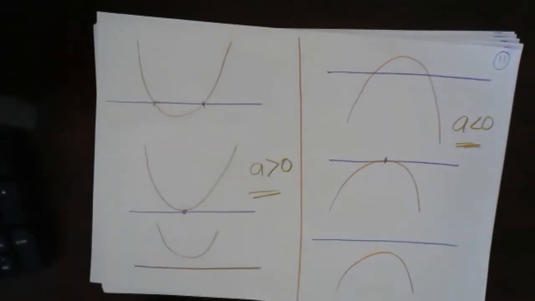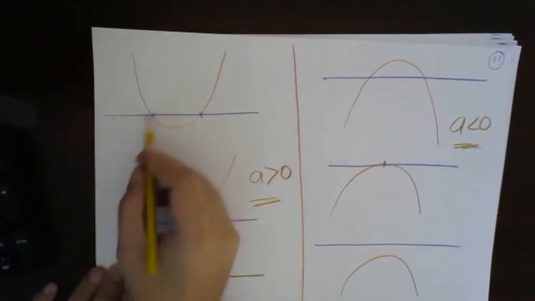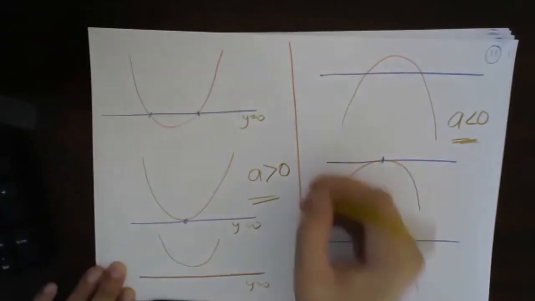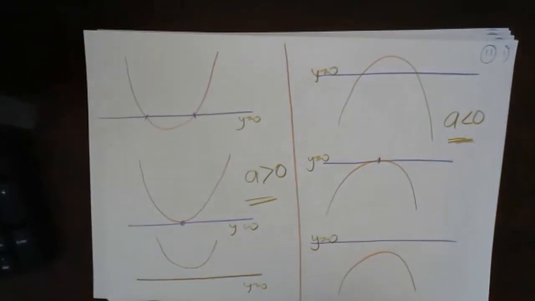What is happening? In all these cases we are basically considering the condition that y is equal to 0. This is the x-axis line. This is y is equal to 0, y is equal to 0, y is equal to 0. This is also y is equal to 0. That means, sir, we just found a formula with which we can find the roots of the quadratic equation, right? In that formula also we were using y is equal to 0 and finding the roots, right? So does this also have something to do with that? Yes, correct. So what we can do is,